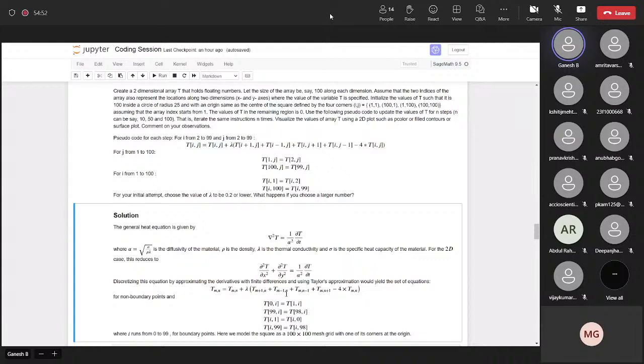So instead of saying f of a plus h and f of a, I'll just say T m plus 1 and T m. At the m comma nth node, the new temperature value after time delta t, say 1 second,